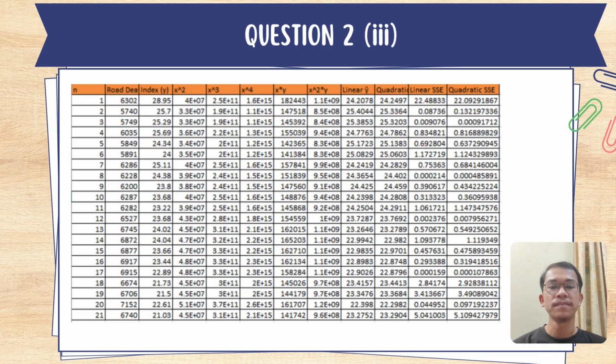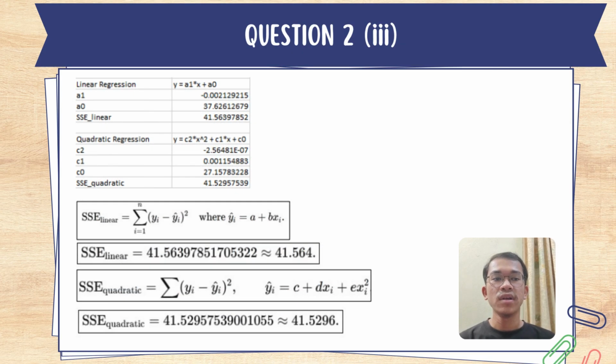The linear and quadratic regression models were used to fit the data, and their accuracy was evaluated using the sum of squares of error. For the linear regression model, from the equation obtained, the SSE value is approximately 41.564. This indicates that the total squared difference between the observed values and the values predicted by the linear model is relatively small. For the quadratic regression model, the SSE value is approximately